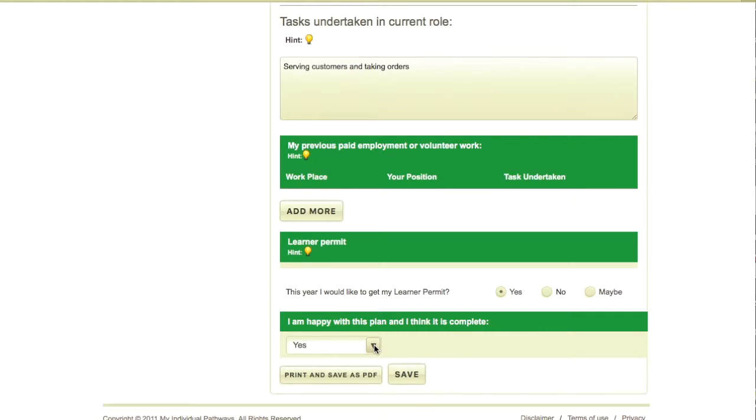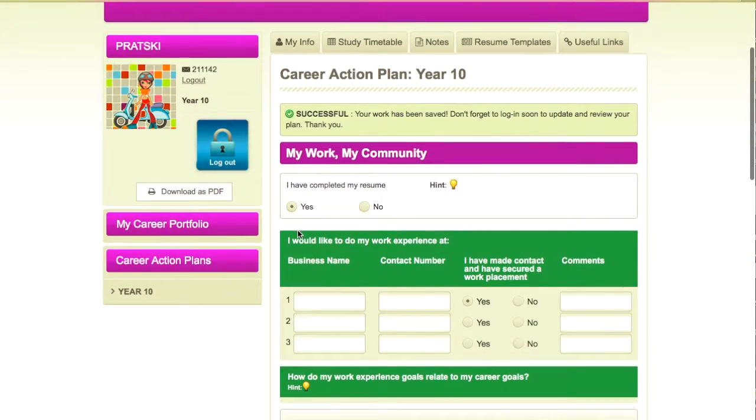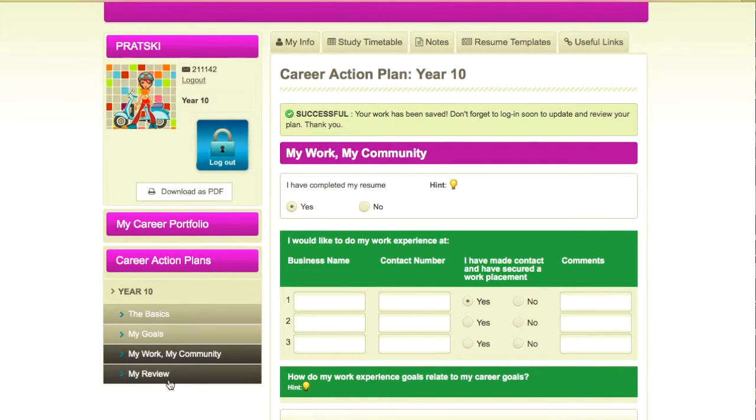So the student is the only person who can really determine if it's complete. So they say yes, and then they save that information. At a later point, they can come back and work on the review section, and then just to have a